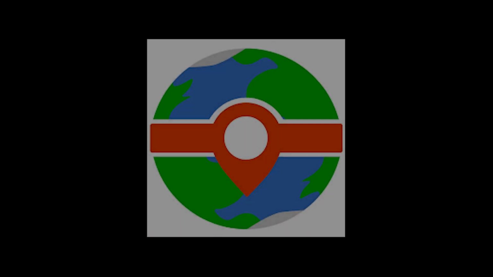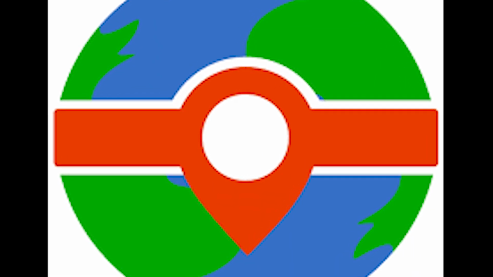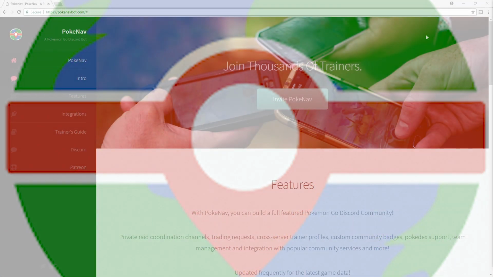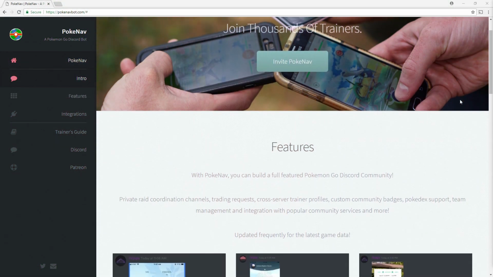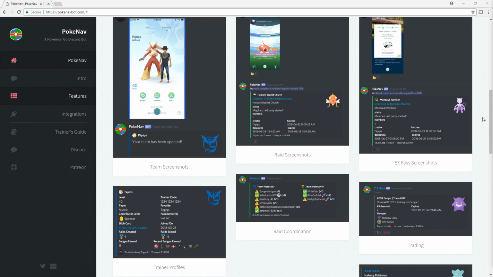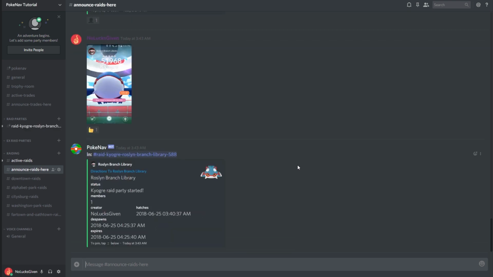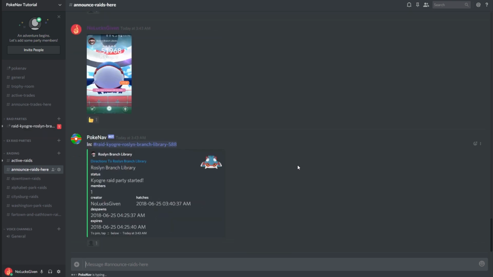What is PokeNav? Well, you probably already read the title of this video, but PokeNav is a fully comprehensive tool for organization for all things Pokemon Go. It's the best Discord bot that I've found, free to use and incredibly simple. Creating a raid channel is as simple as uploading a screenshot of an in-progress raid, egg, or an EX pass,